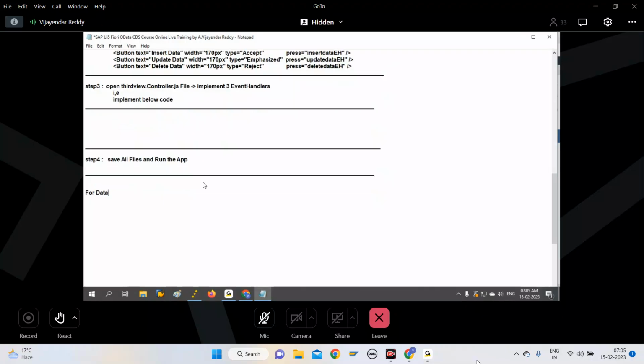And for data verification, you will get messages in the front end, whether the record is inserted or not, deleted or not, updated or not. You can display front-end messages. But if you want to verify manually, then you can open the backend server,